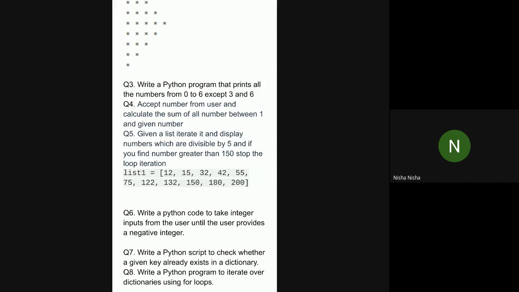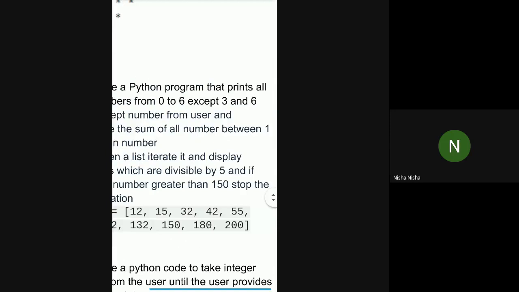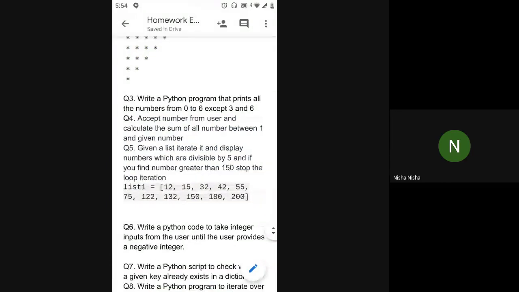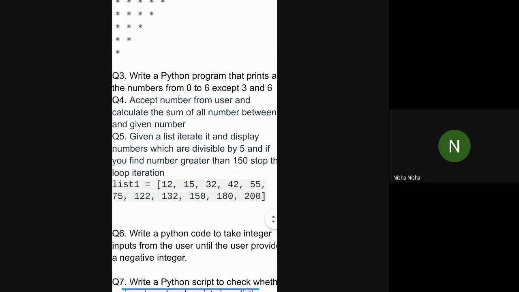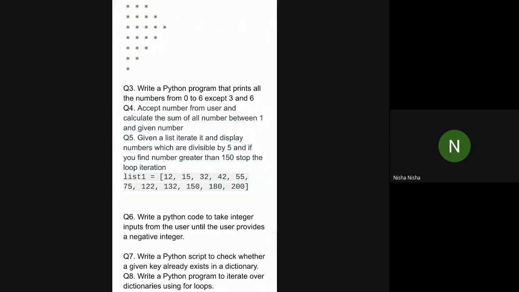Yes, ma'am. So we'll use a for loop in this case, right? And whenever the value of i, if you're using i as the variable to run the loop, is equal to 3 or equal to 6, then in that case you will continue the loop, right? You don't want to print it, you just want to continue the loop. So you should skip 3 and 6. So we saw, if you want to skip some iteration, some part of the code, we'll use a continue statement. Using that continue statement, you have to skip at the point where the loop variable becomes 3 or 6.